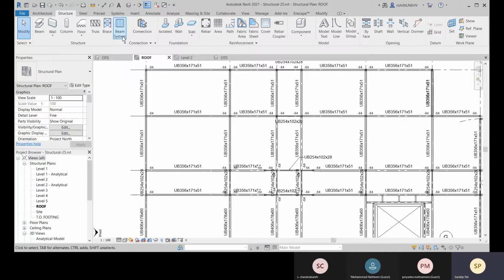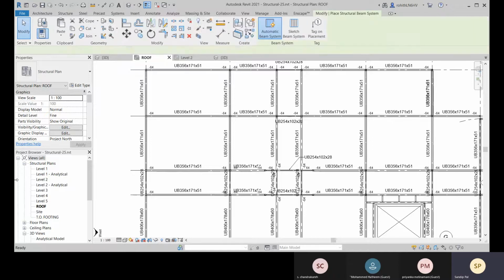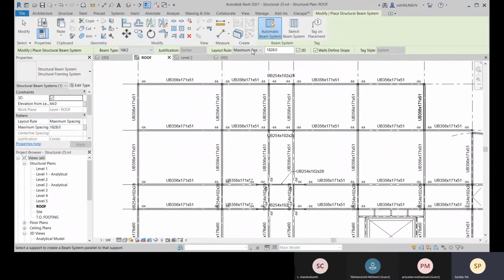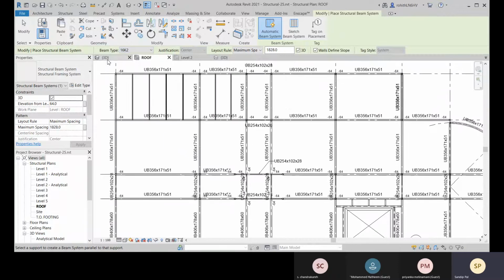And come to structure, and there you have this beam system, and from the beam type, now you see that these two are there. So you can select a new one, and now let's go for this maximum spacing is okay, and let's go for this one, and here I'll be placing with this one.